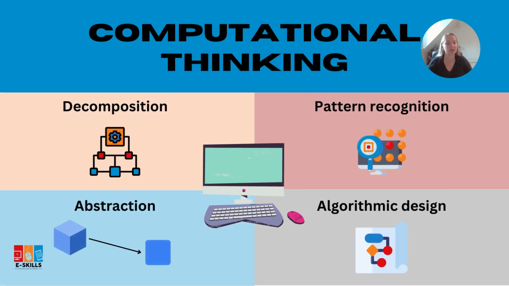Computational thinking is a way of thinking and solving problems similar to how a computer works. It includes the ability to break down complex problems into smaller, manageable pieces, recognize patterns and rules, make abstractions and generalizations, and follow logical steps to find a solution. In other words, computational thinking helps us reason in a structured and systematic way when tackling problems by using decomposition, pattern recognition, abstraction, and algorithmic design.